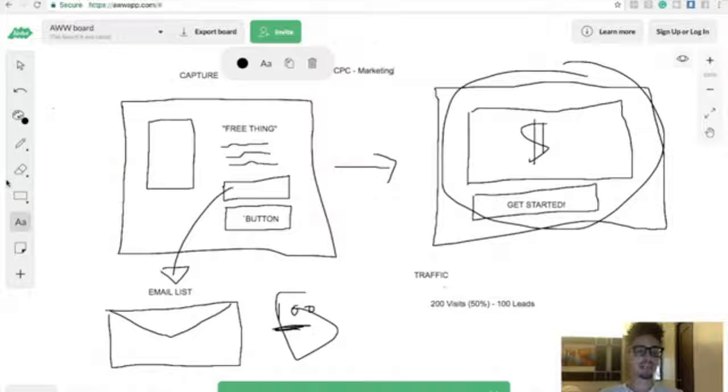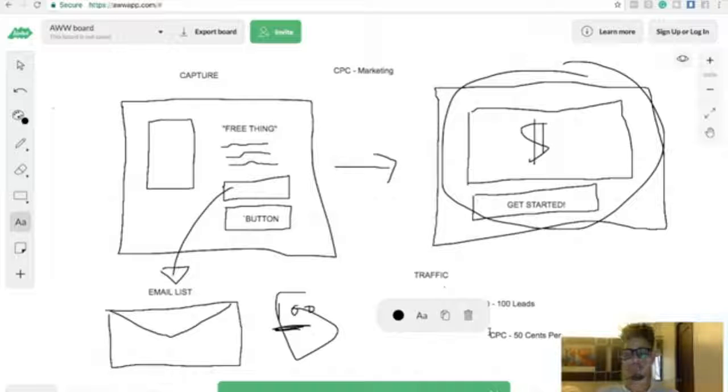And the more leads you get, the more sales you're going to get, right? So if you're doing paid traffic, you're eventually going to get a sale. Now, whether you're in profits or not, it depends, right? And we're going to break that down right now. So basically, if I'm doing cost per click marketing, right? And let's just say I'm getting 50 cents per click. And you could be doing solo ads.